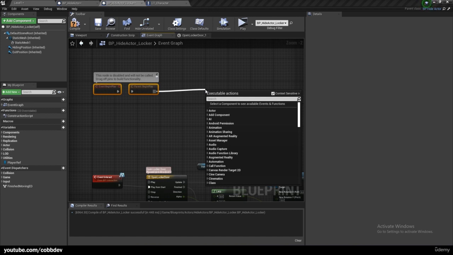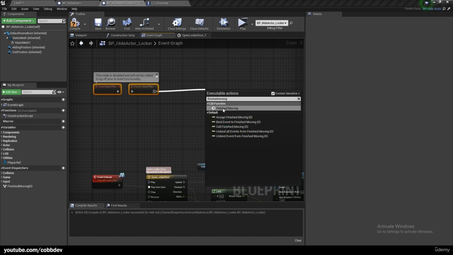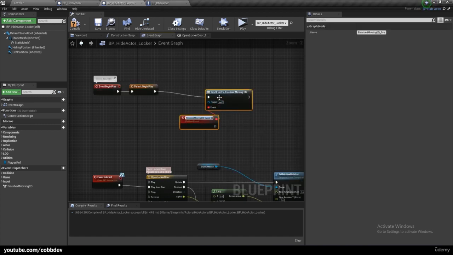And we just need to assign this event dispatcher. So we can search for finished moving, but we don't want this finished moving function. That's the event that we made. We want the finished moving ED, event dispatcher. And we have all these different options. And what we want to do is assign it. This creates both a node and an event. And we can call this event, yeah, we could just leave it as that, or let's take out that 0, but we can just call it